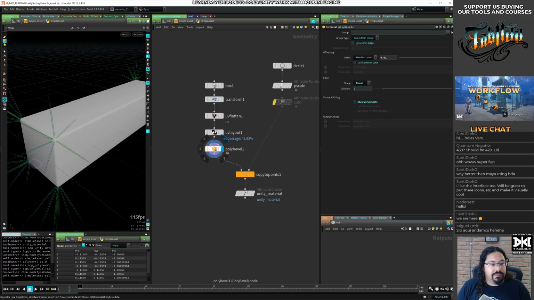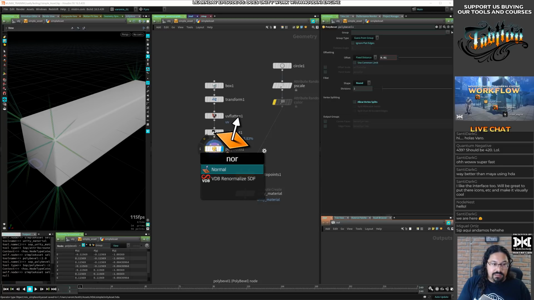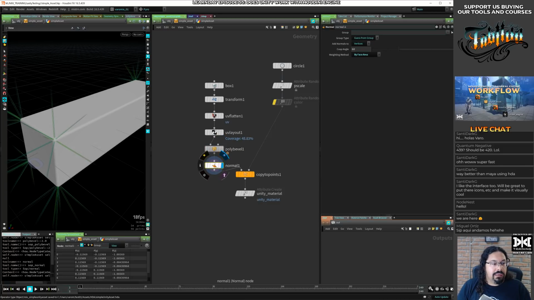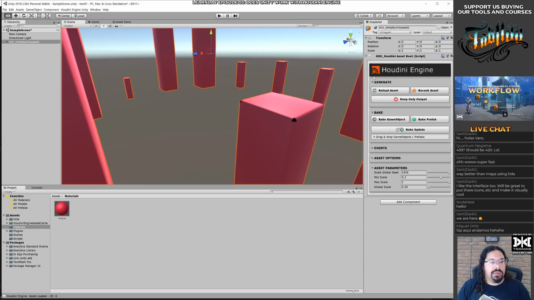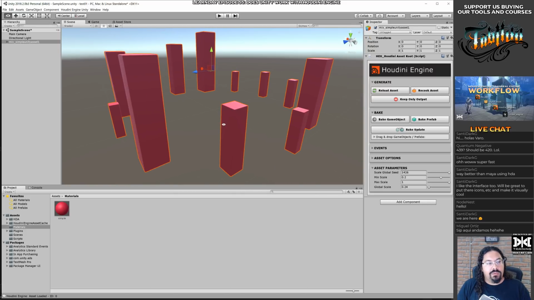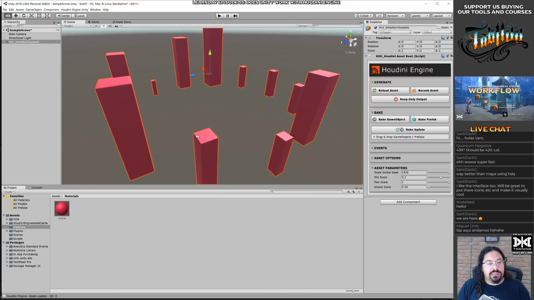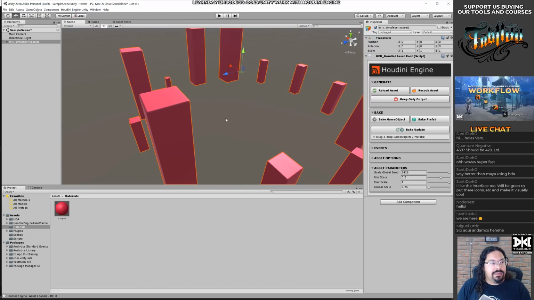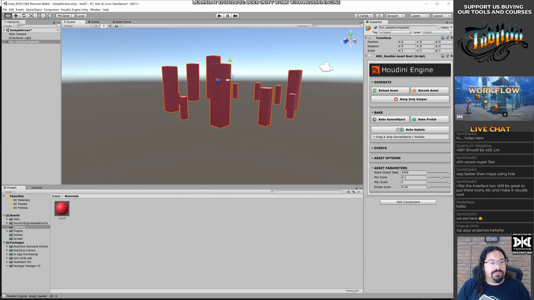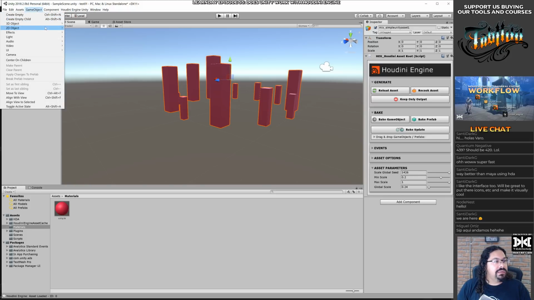Maybe. Normal. Let's just do that and see if that fixes the issue. Save node type and reload it, and there we go. Now it works. There were some normal issues there. You can see, I don't know, Unity looks pretty simple to me.